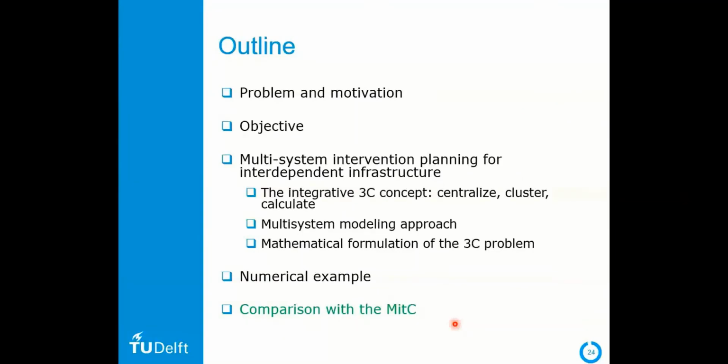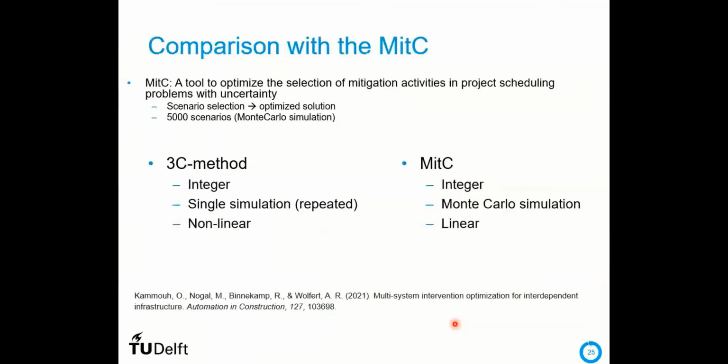Finally, because I'm done with the 3C concept, I just want to draw a little comparison between 3C, what I presented now, and another work that we've already been doing, the mitigation controller. I will not go into detail. The mitigation controller is a tool to optimize the selection of mitigation activities in project scheduling problems with uncertainty. It's not important to understand what we do there, but I just want to show you the characteristics of every